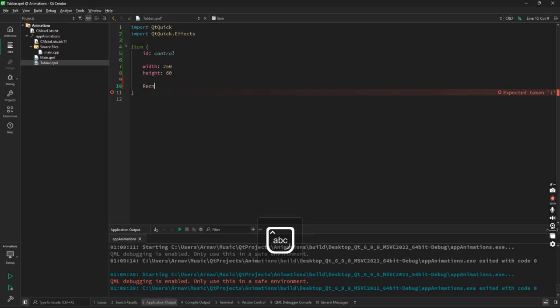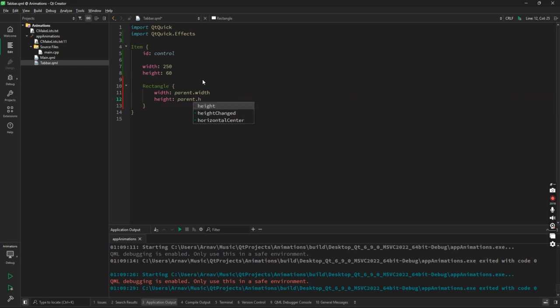First let's implement the Rectangle, and let's say the width is parent.width, height is parent.height minus 10, so that we can give some space for the shadow. Anchors.centerIn parent,